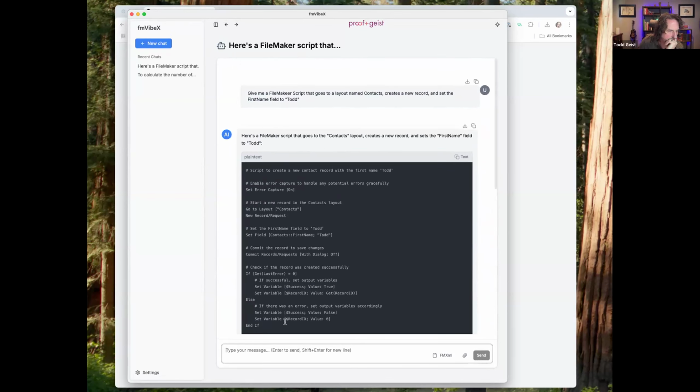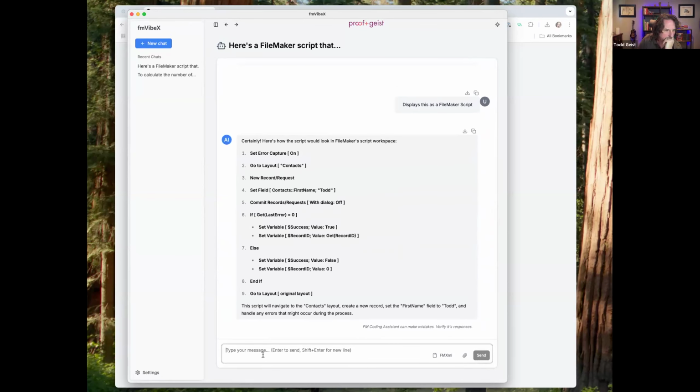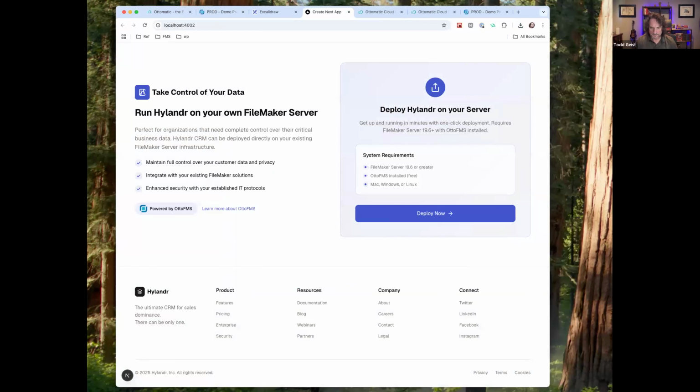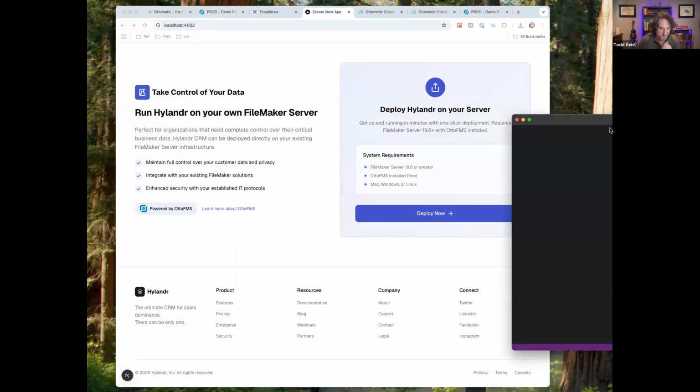Interesting. Let me try really quickly here just to see if I can get a little further along with my demo, with my dev version.